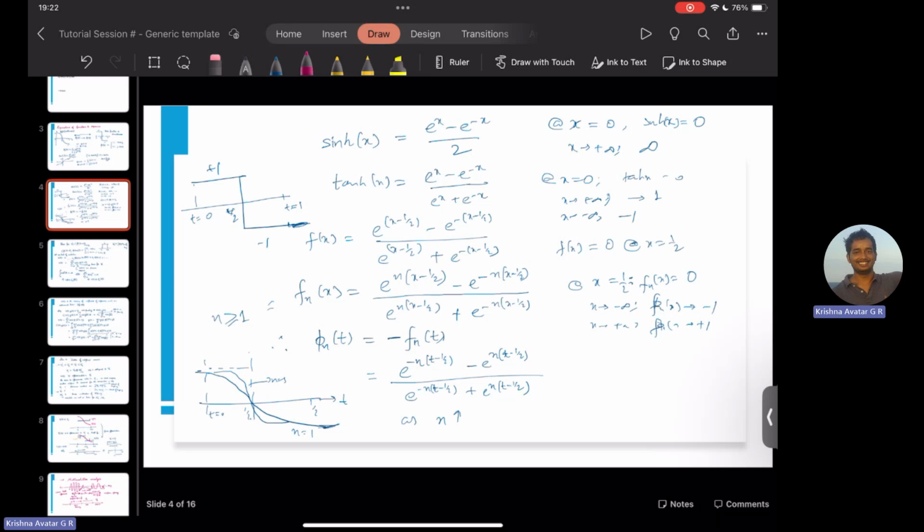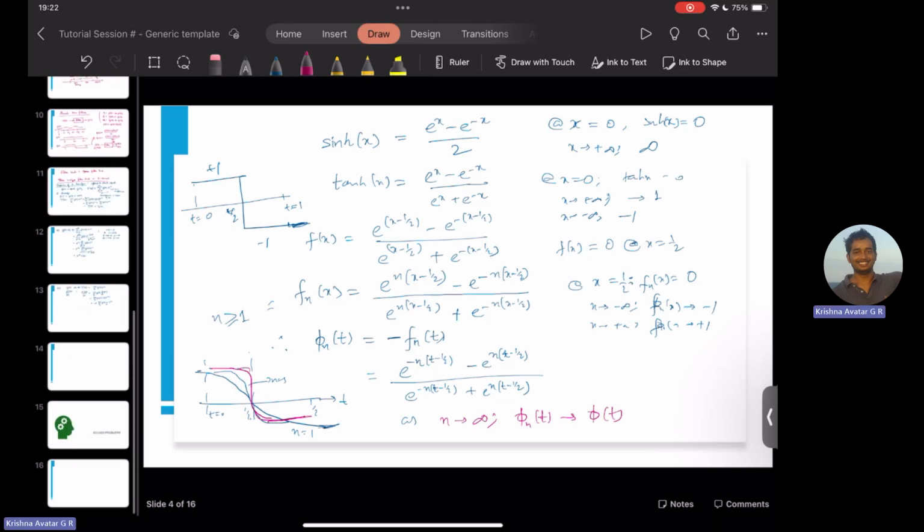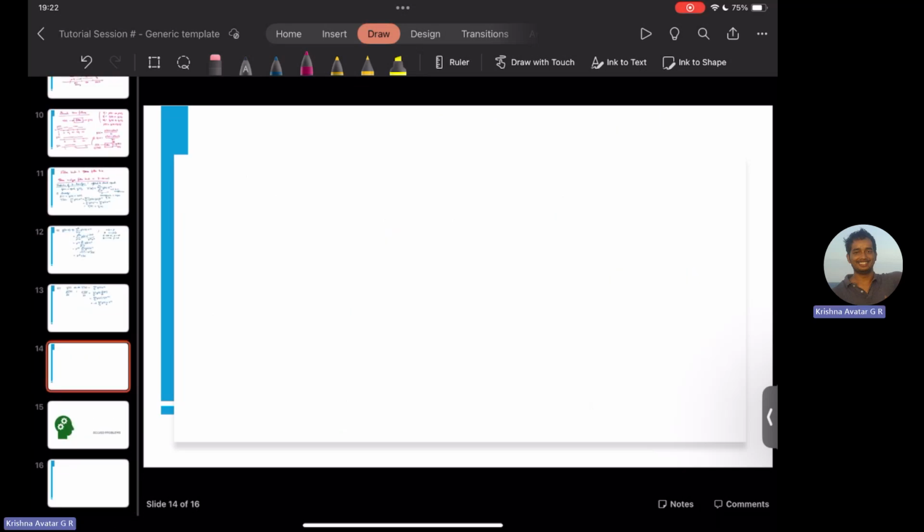And furthermore, as we increase our n value, it will get steeper at this point. And it will be close to 1 over a longer stretch on this interval half to 1. And gradually as n tends to infinity, then phi n of t tends to phi of t. So that's what, just to close this part, right? Okay, so I think I'll be